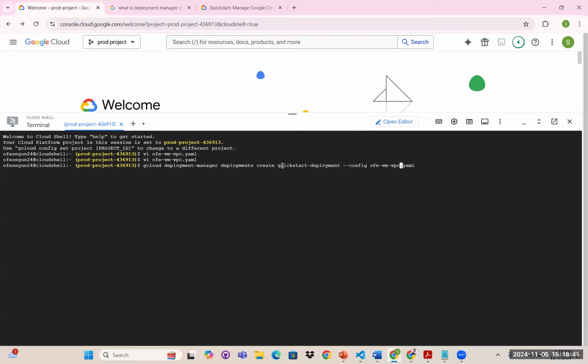So now, you can just give a name for the deployment. This quickstart here is not necessarily, you can just leave it the way it is, right? This is the name for the templates, and this is the name for the file, right? The file that I want to run. So now before we run this command, what I want to do is come back to my